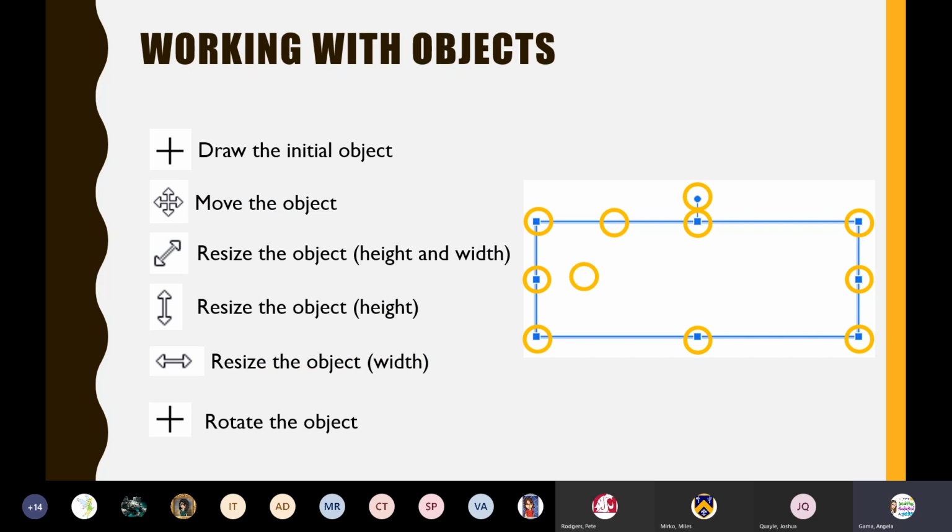Okay, so when you're working with objects, again, you're going to work with a lot of objects in your slides, and I thought it was important for us to understand our different pointers and what we can do when we have a particular pointer as our mouse pointer. Like I said, when we click on insert shape or insert text box, your cursor will change to look like this. It's a cross, and it's indicating that your computer is ready for you to draw the size of whatever it is that you selected. So when you have that, it's waiting on you to draw it. Then next,